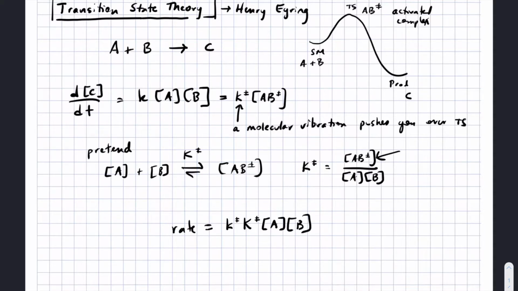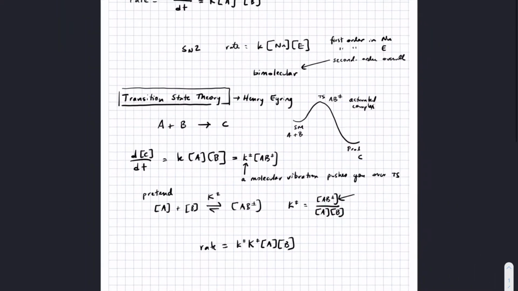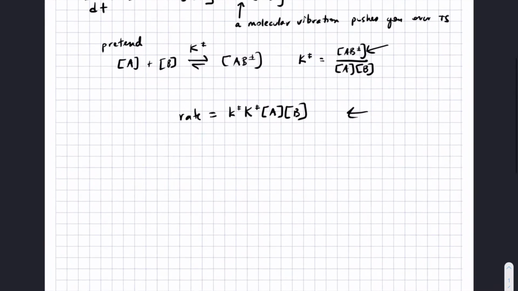So what Eyring really was doing, if you compare what we've written here to the rate law we wrote up here, Eyring was saying that our typical idea of the rate constant has some contributing factors, right? And one of them is the molecular vibration that gets you over the transition state once you're there. And the other relates to how much of that transition state activated complex you have in the first place. So for